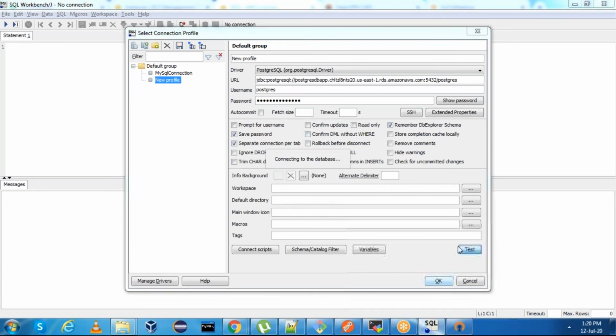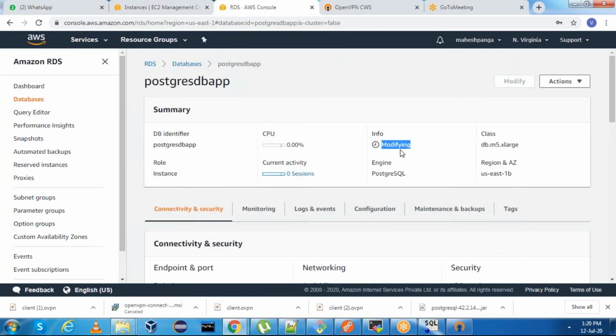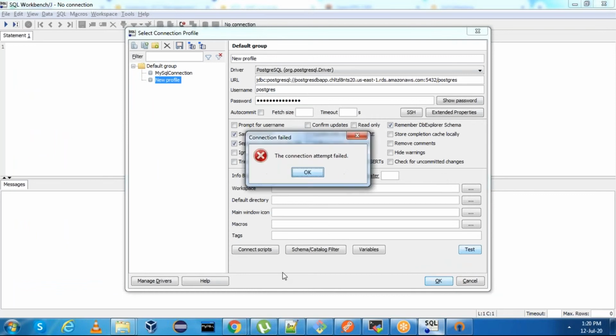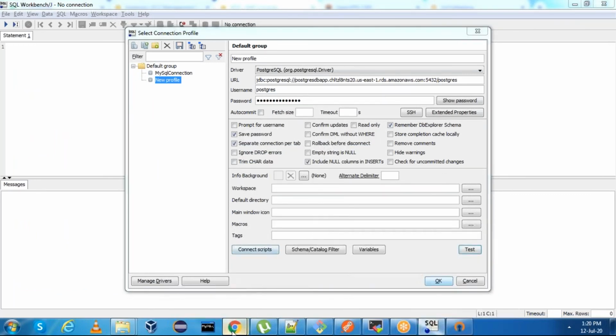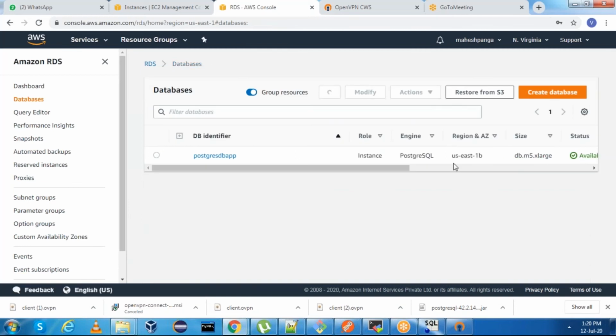You can try again. It takes some time to reflect, because if you see here, it is still saying modifying. We'll wait until this becomes available, then only we can try. This is now available. Let me refresh, and once we get the confirmation that it is available, only then we will try.